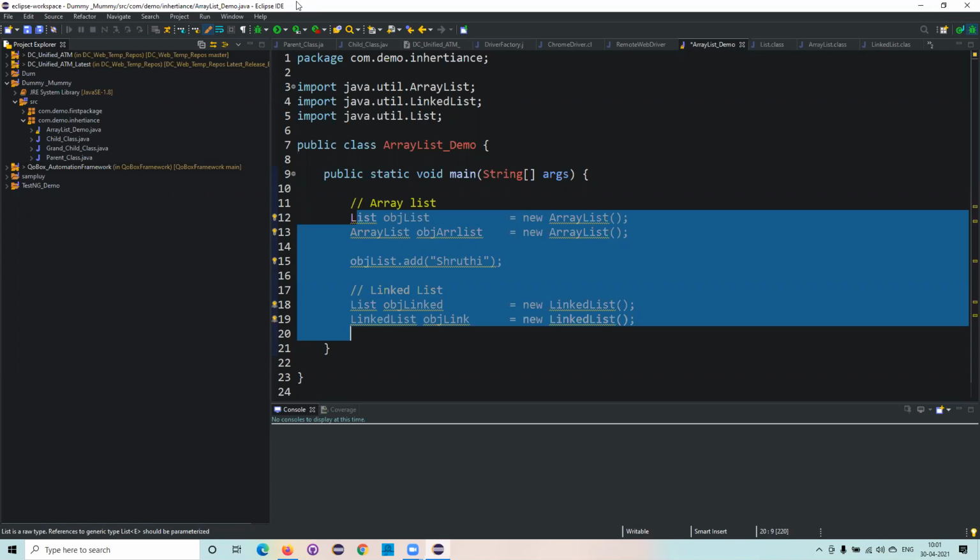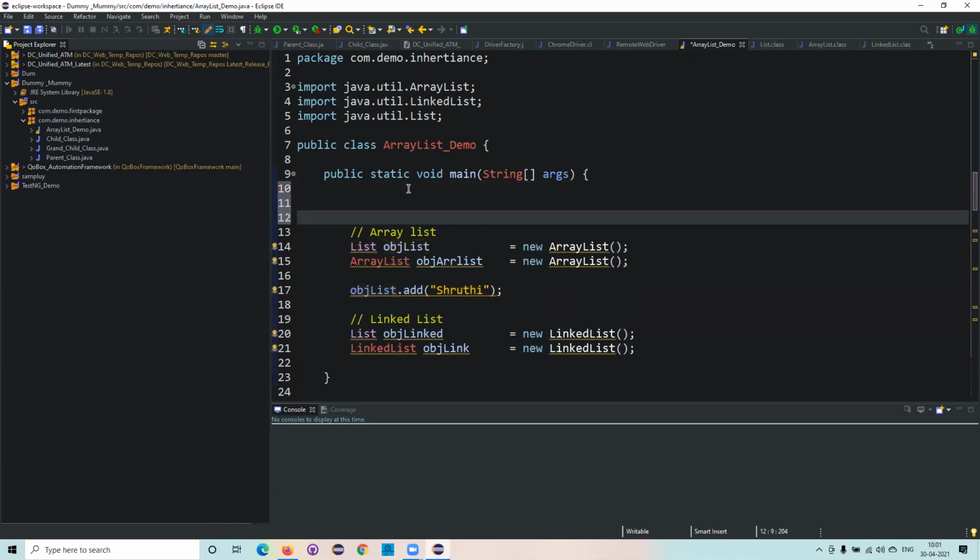What I wanted to show you is the basic code-level differences between the ArrayList and the LinkedList. When we talk about the differences, if you go for any tutorials or videos, people directly talk about the differences in general terms: how it would be stored in memory, how it would be inserted, updated, and removed.